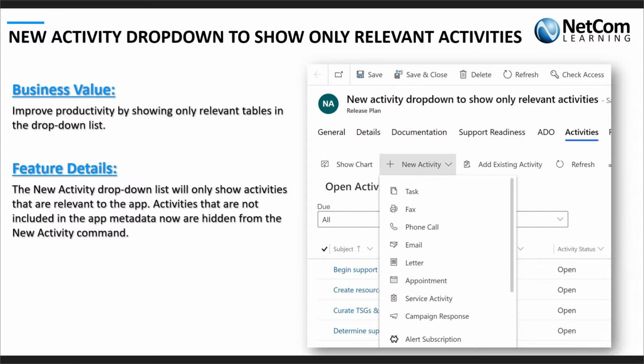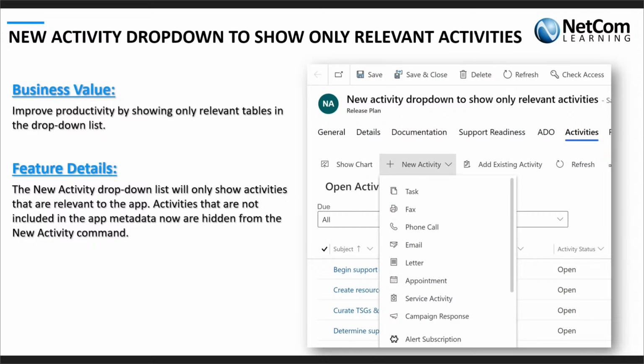Now, we are talking about the model-driven application here. When you use an activity table inside of a model-driven application and you try to create a new activity, by default, all the different forms of activities would be listed while creating a new activity. Now, with this new capability, it would only list those activities for which you have the metadata.